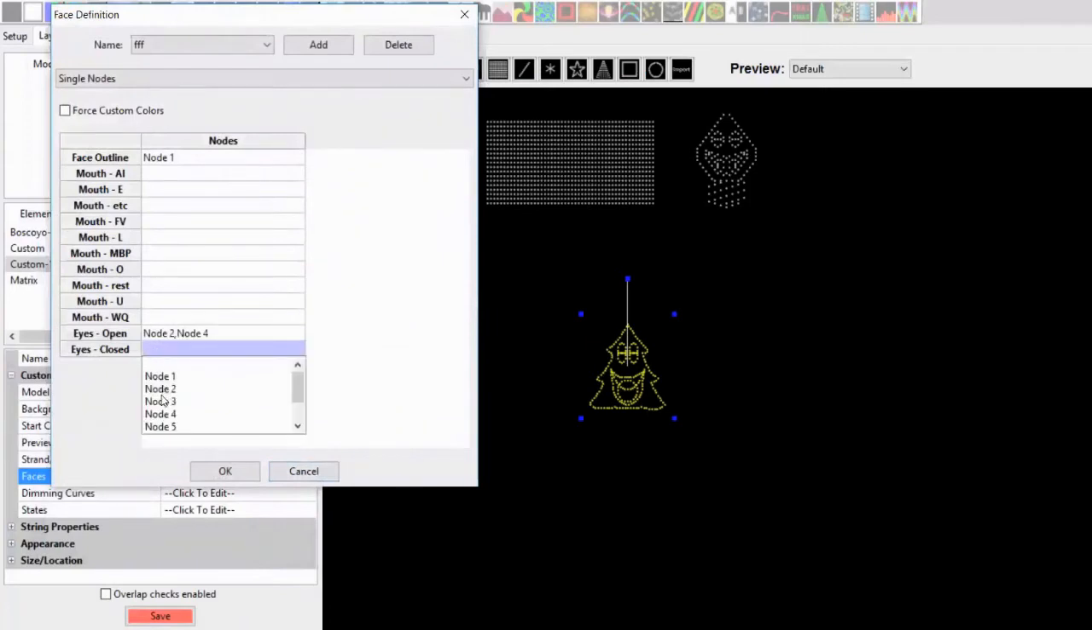Sometimes you have to click that a few times. Nodes 3 and 5. Yes. 3 and 5 are the eyes closed. And then with the mouth,